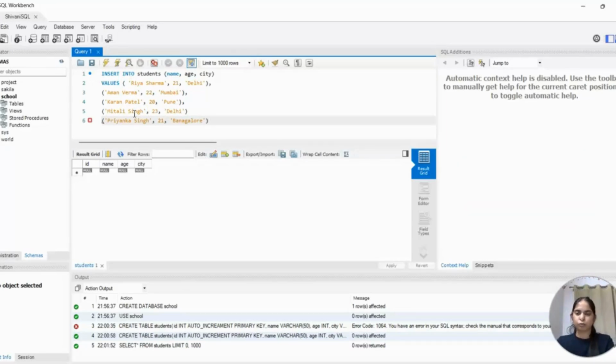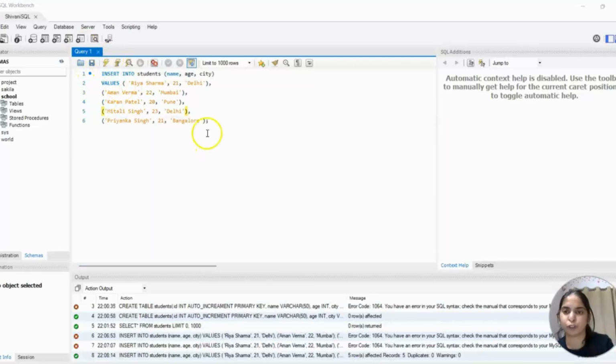And now, so we have inserted the values, and now we are going to give the semicolon here, and now we will run this command. So yeah, I forgot to put a comma here in the fifth line, so that's why it was not working, but now it is working. So you can see that even a small mistake, it will not take the command, so you just have to be particular about what you're writing.